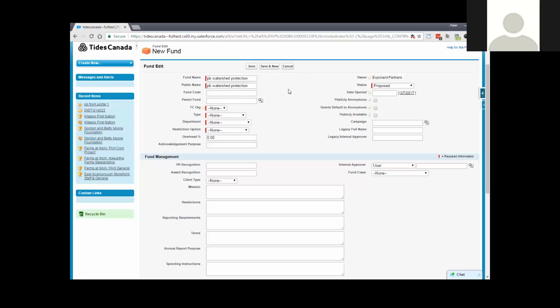People who can create new funds, like myself here, have a lot of power to fill in a lot of these fields, so you need to know what they're for and why they're used and which ones you should ignore. So fund code is going to be generated for you automatically when the fund